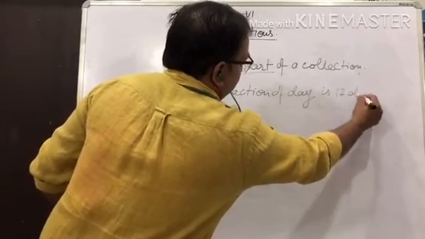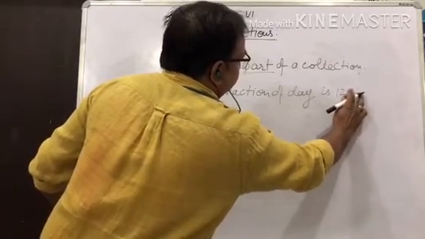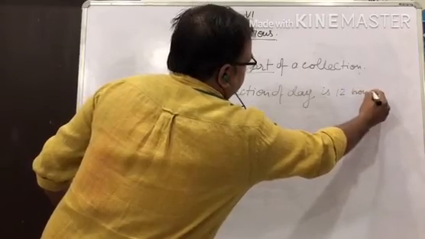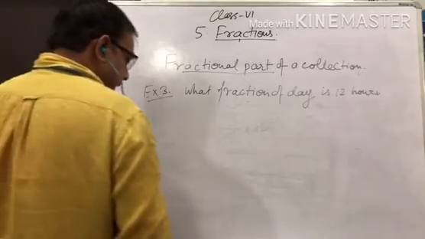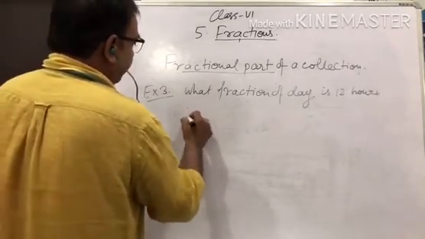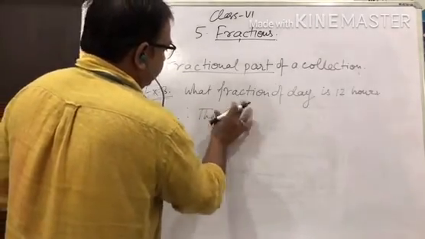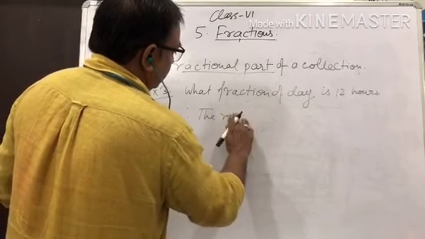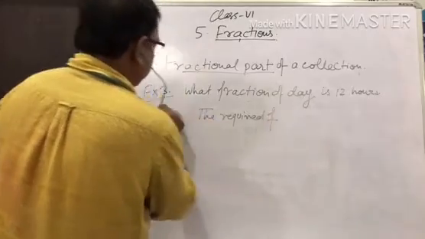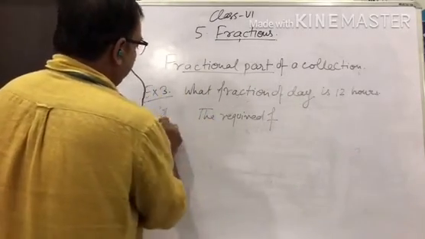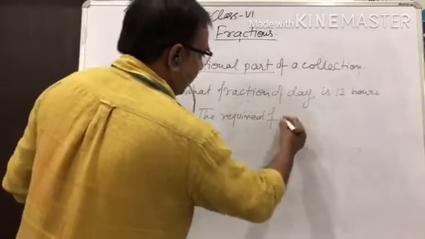But I want to use 12 hours. 12 hours. So the required fraction, solution, basically this is the solution, don't use therefore. This is the solution. The required fraction